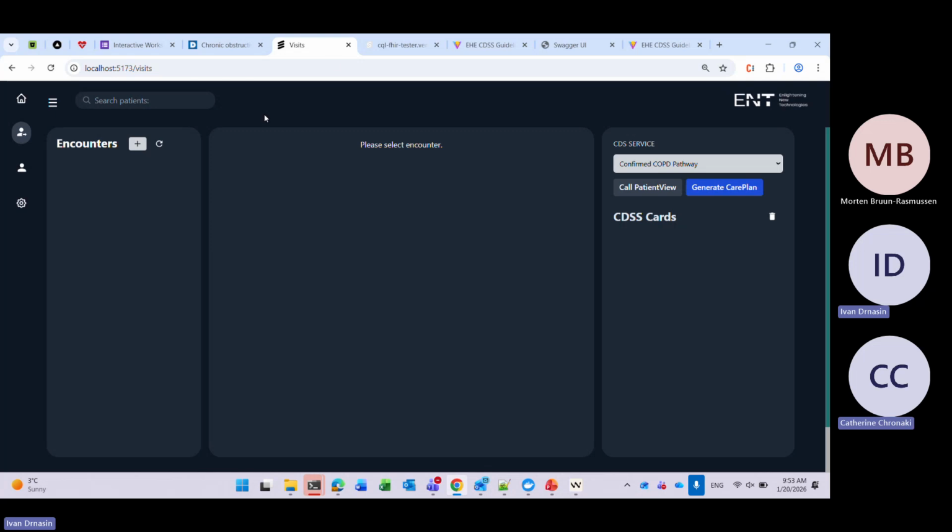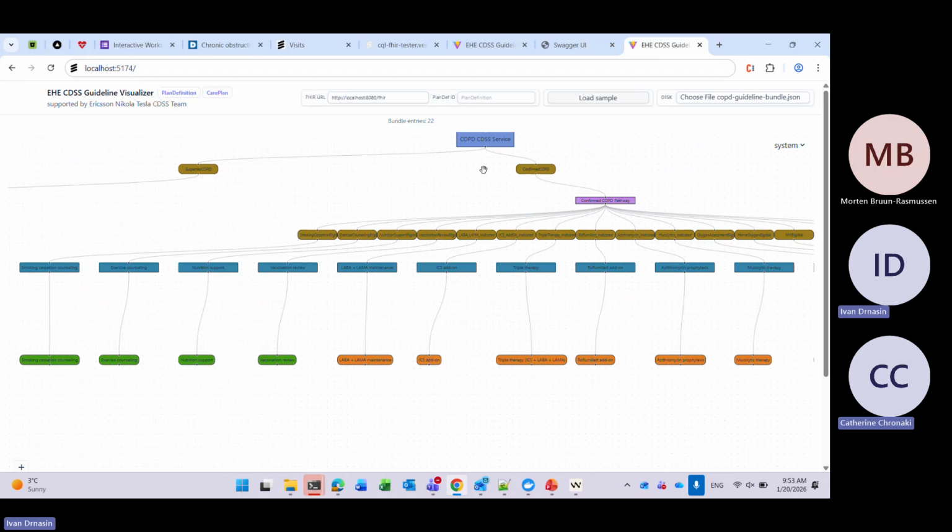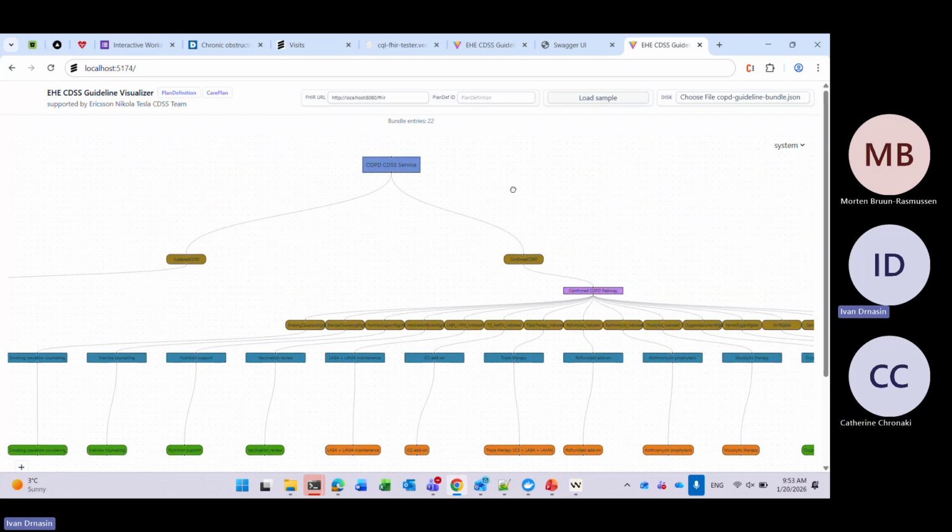So what you will see here is a small CDS part of the application, and here you can see all the CDS services that are registered by Happy Server.